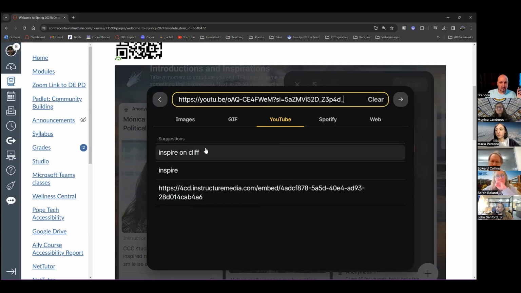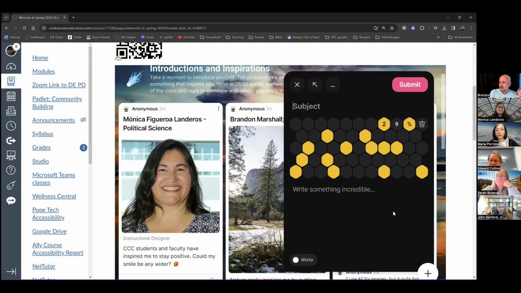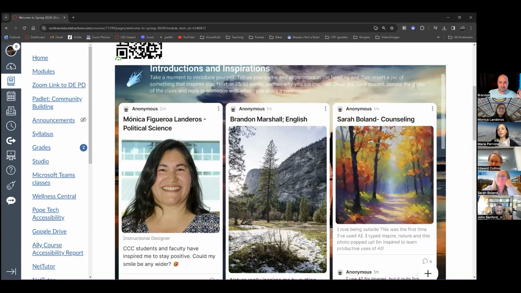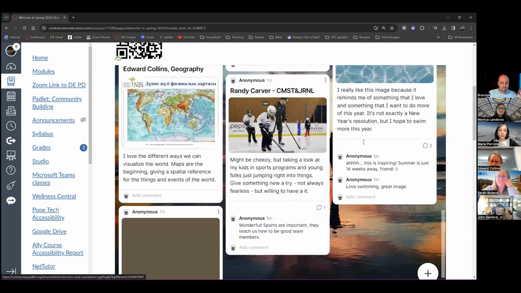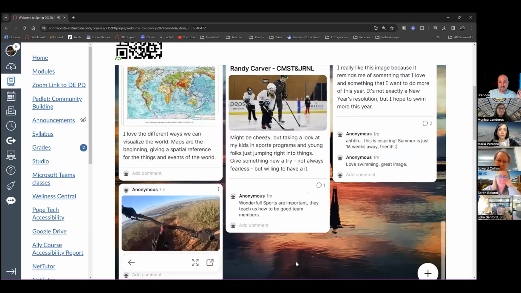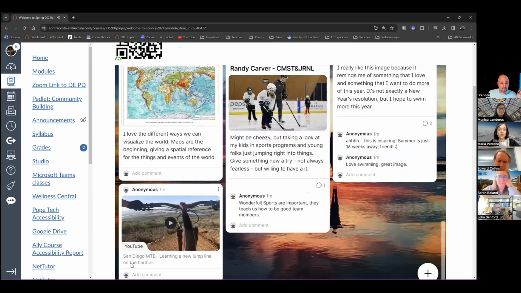So I paste this little video in, and then click the arrow or hit the enter key, and it might take a second because videos are larger, but it populates. A pretty crazy mountain bike video that I was just watching. Very cool. Click submit, and then the video plays here. All right, so then we are able to watch the video right here. And then you can have students comment and work with it just like that.